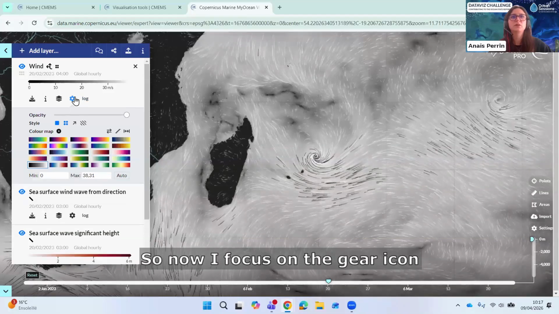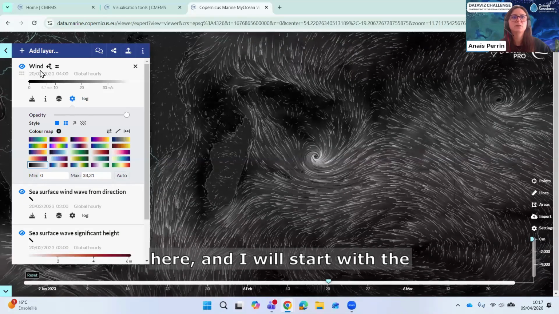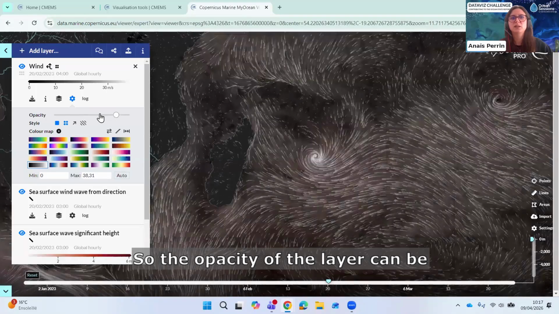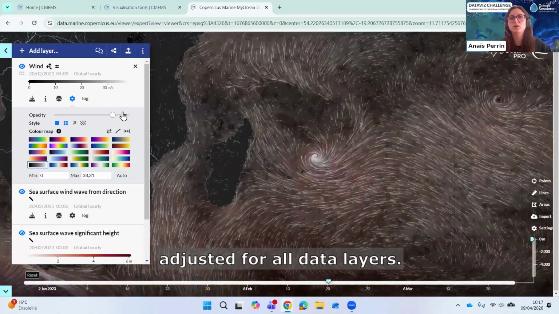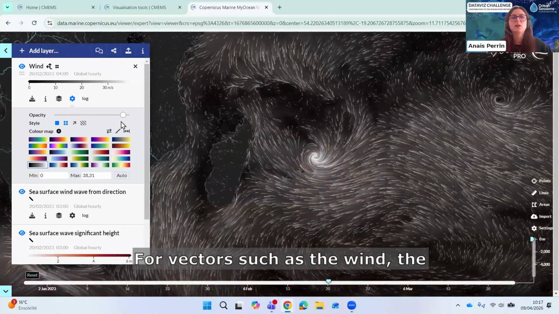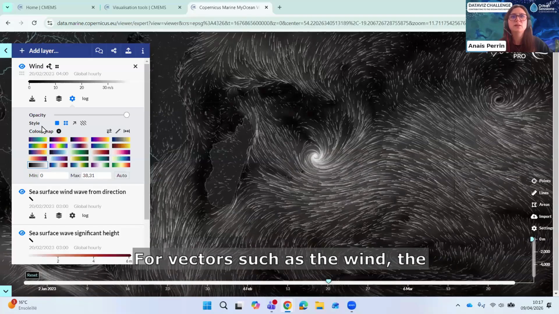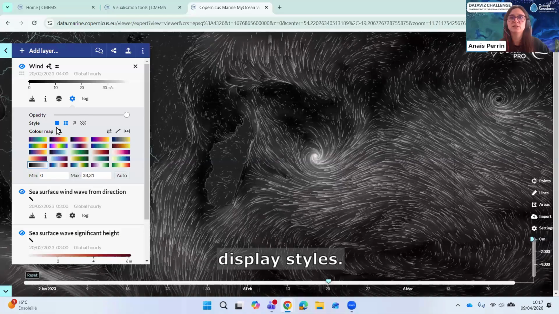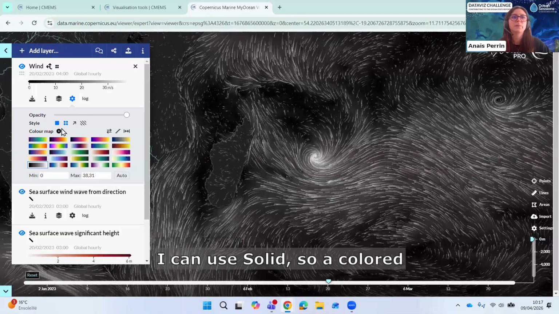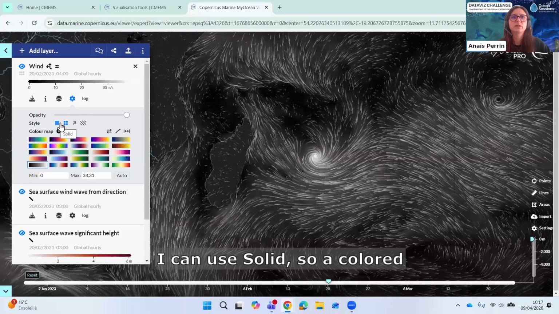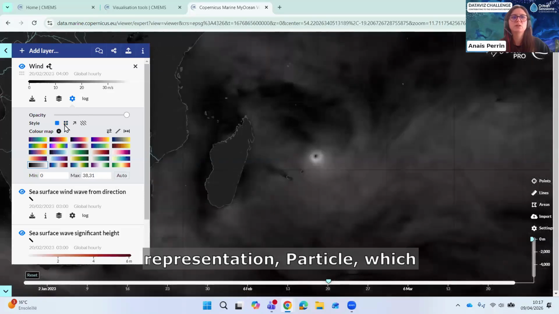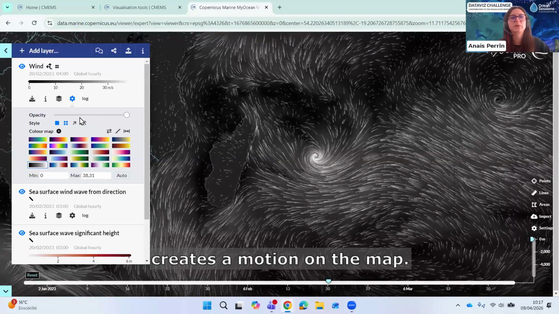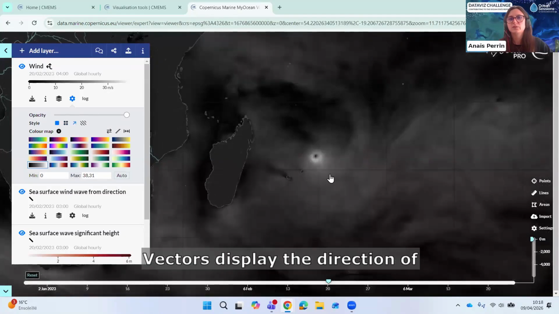So now I focus on the gear icon here, and I will start with the wind layer. The opacity of the layer can be adjusted for all data layers. For vectors such as the wind, the viewer offers several possible display styles. I can use solid, a color-coded representation, particles, which create a motion on the map,